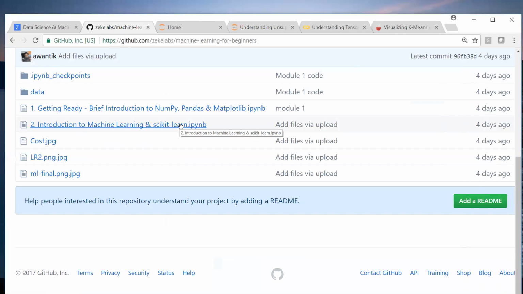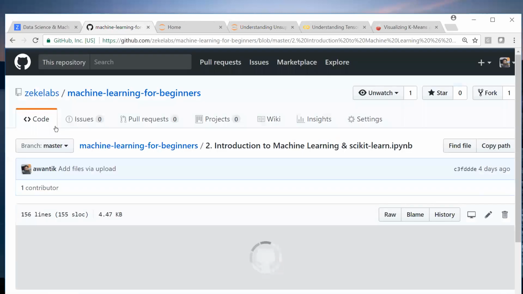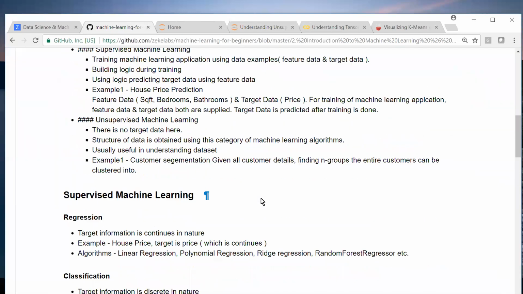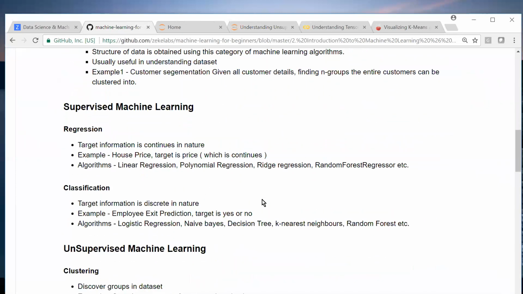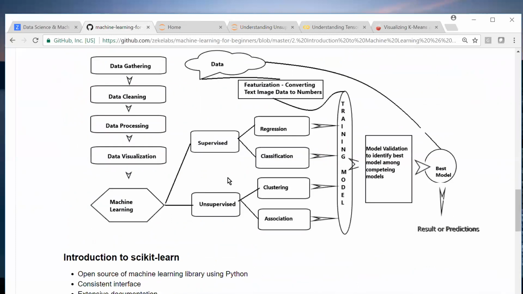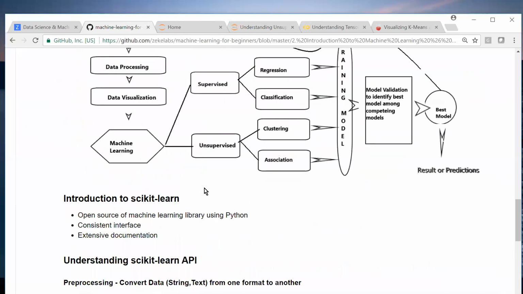The data I will upload. I want to see the data. The diagram is here only. Click on this. Okay, here is the diagram, Introduction to Machine Learning.